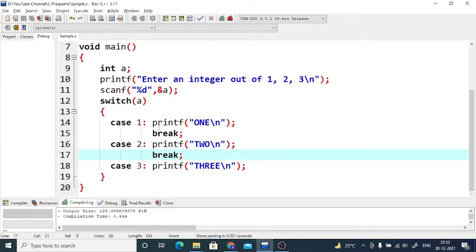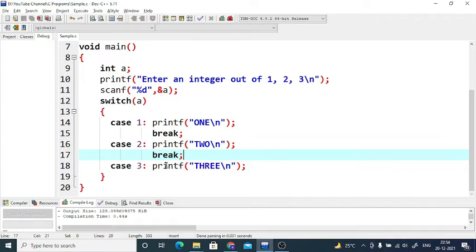Even though each case has got 2 statements, except the last one, we do not have the concept of braces here. Because each case, unless we start with the next case, is considered as a group of statements. It may be 1 or it may be many. There is no concept of block there. Block is only for switch, and that's the reason your break will not come out of that case, but it will come out of the switch completely.